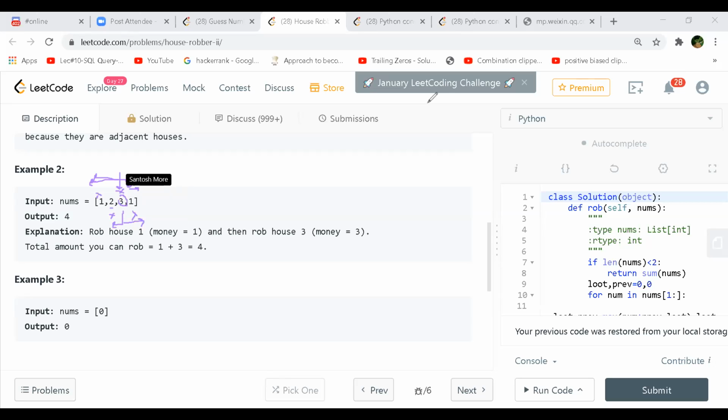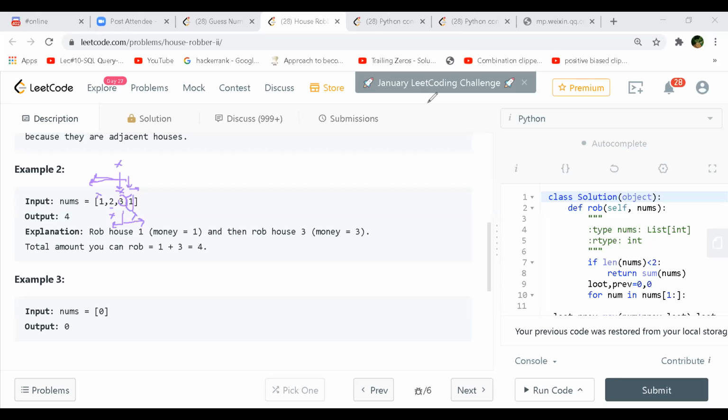And you follow the rule that you can drop the current house and not the next house, or you can drop the current house and the house next to next. So every time you reduce your problem space: I'm at this index, and either I rob the immediate one, or if I'm robbing the current house, I just add whatever I have from the previous one.